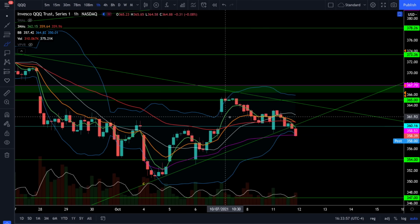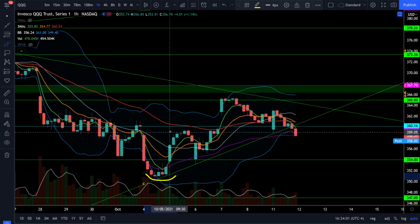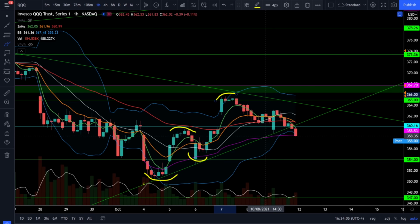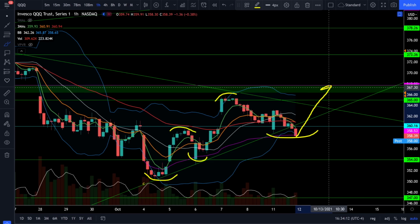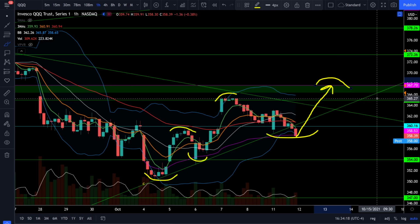But on the 1 hour chart, it's the same exact story as we see on SPY, and we are still in the process of forming higher highs and higher lows. As long as we have this potential higher low being put in right around 358, we could easily bounce off of this level and start impulsing higher to close the gap at 367.7. That would be yet again another higher high, and then we can start to see a trend reversal on the